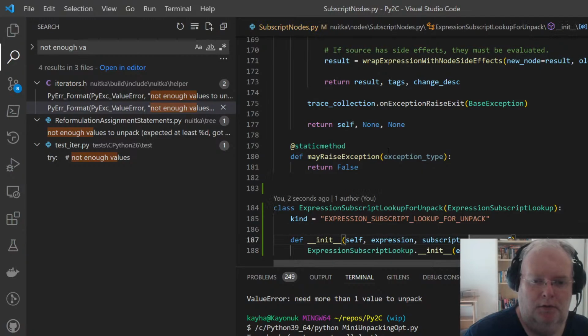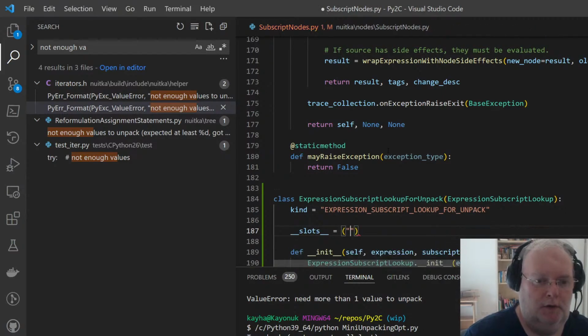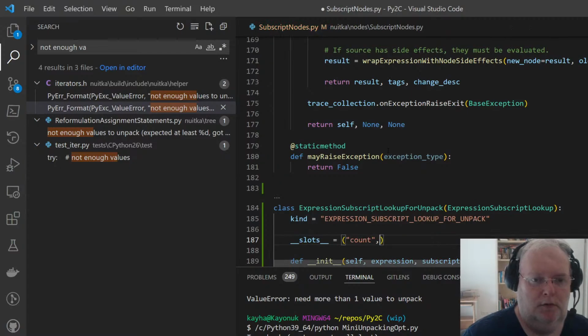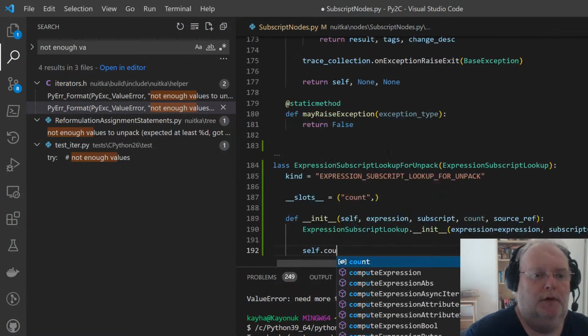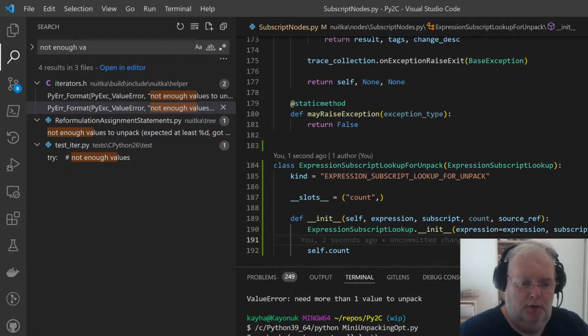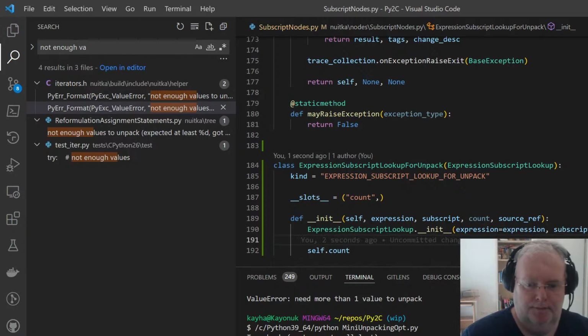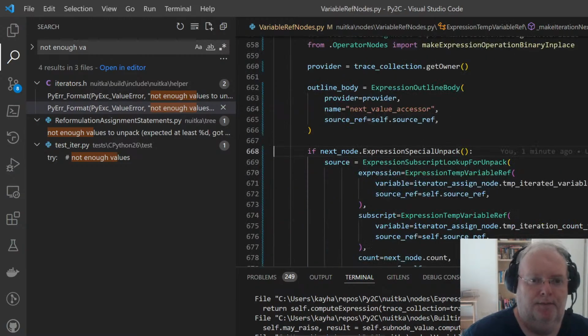And here we go, count e2 slots equals count. Remember the count, and there we are. Maybe we're still running. No. That should be an is check.